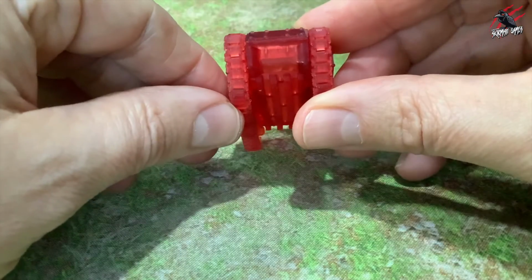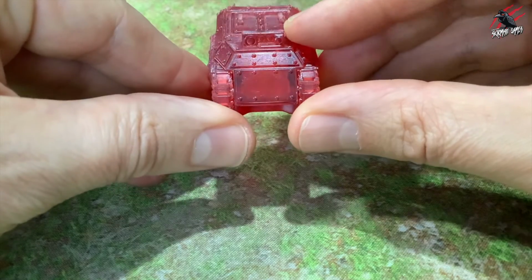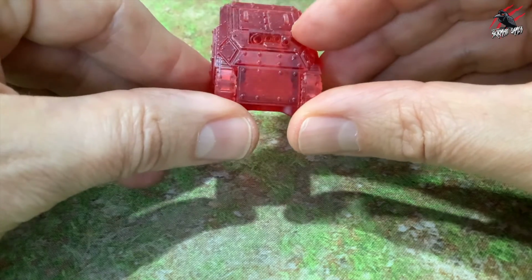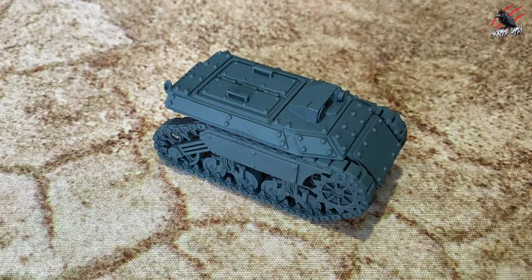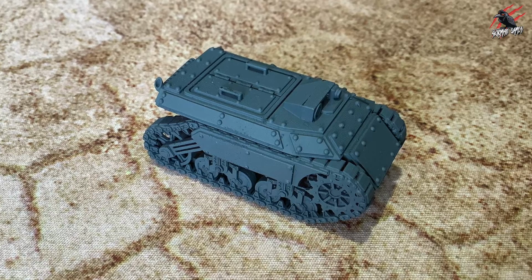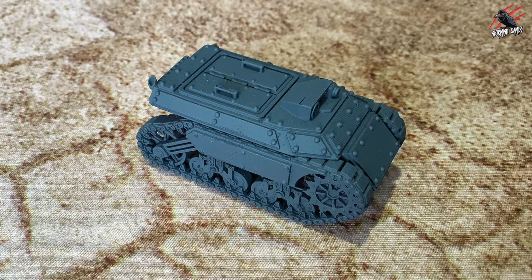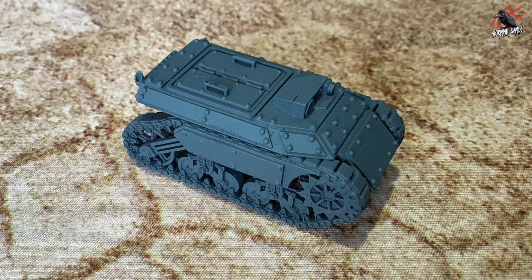But once I sprayed it though, I was really happy with it. It changed it completely. So although I was put off at first by this red transparent plastic, once it's sprayed, it looks really good. And here it is all primed with some standard Mechanicus grey, and so yeah, completely transforms it now. It looks a lot better. So yeah, don't be put off by the red at first, because once you prime it, it's going to look